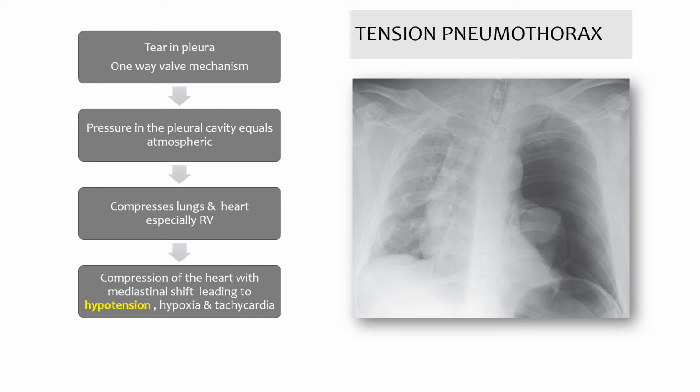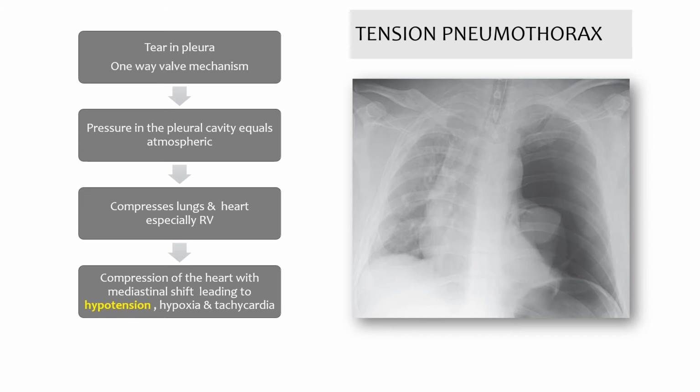Air enters during inspiration. When the patient draws a deep breath, a negative pressure is generated relative to the atmosphere, and air cannot exit during expiration because the tear shuts and it's like a one-way valve. So the air keeps on accumulating and the pressure keeps rising in the pleural cavity and reaches atmospheric levels. All pressures in the pleura and in the thorax are relative to the atmosphere. So the pressure becomes equal to the atmosphere in inspiration and sometimes exceeds it, and gradually as the air accumulates,